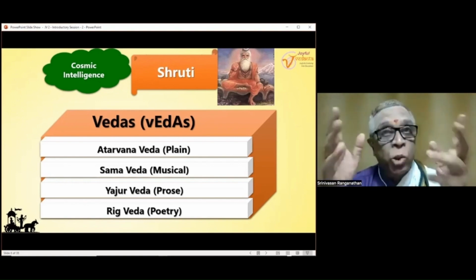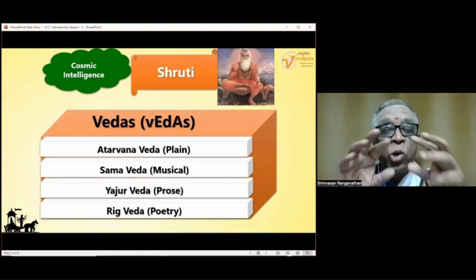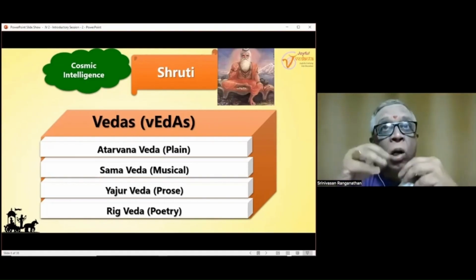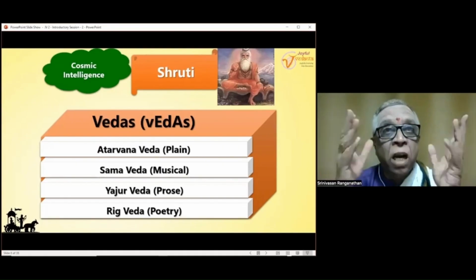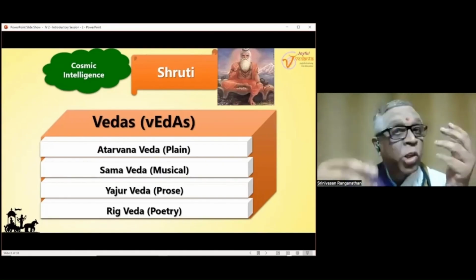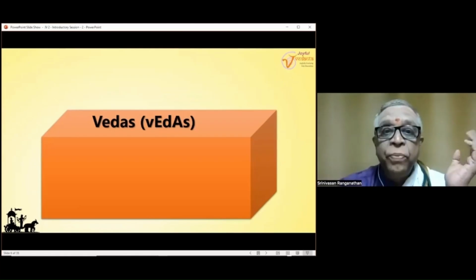Right? Just to reiterate, this is Apaursheya. That means it is not authored by anybody. It is as heard, and that's it. Right? Possibly documented as it is. Right? Now,